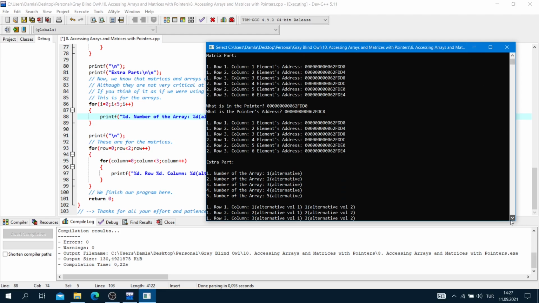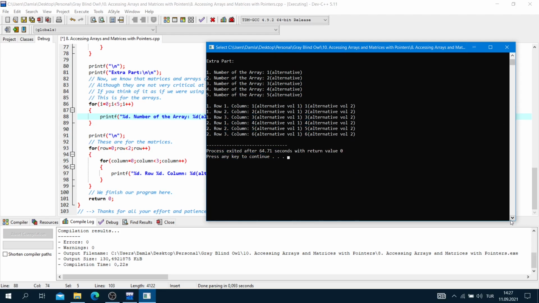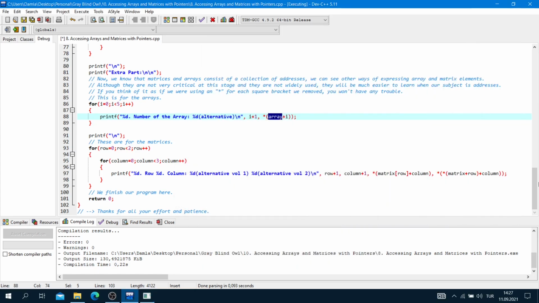For the matrices, for row is equal to 0, row is less than 2, and row plus plus. For column is equal to 0, column is less than 3, and column plus plus. Printf the percent sign D row and the percent sign D column is equal to the percent sign D and the percent sign D. There are two alternatives here.